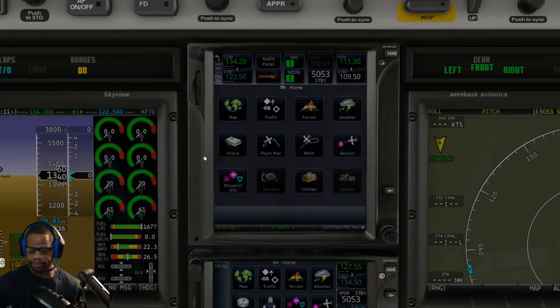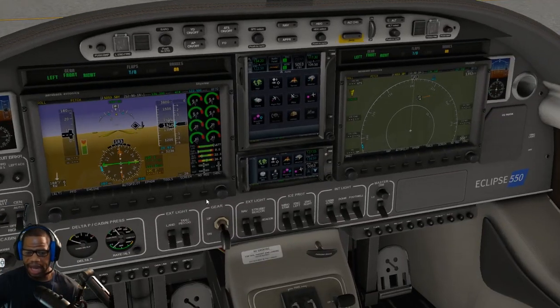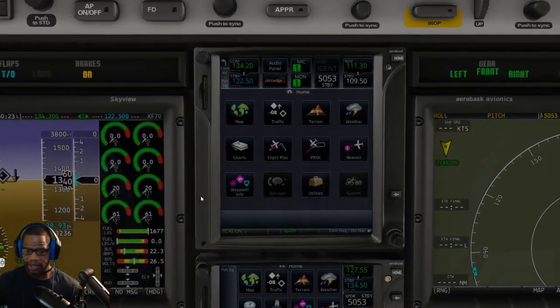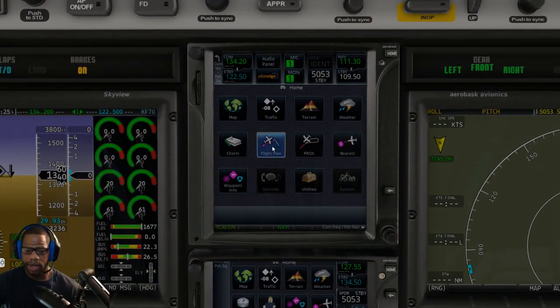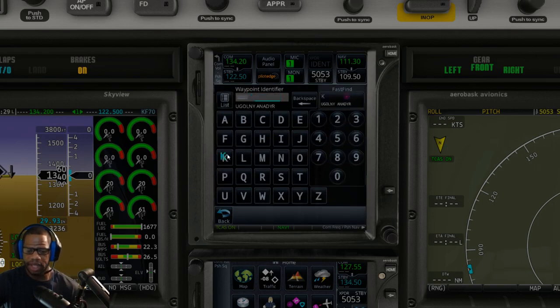If not, I'll have to research that. Back to the checklist. We're done before engine start. Doesn't need to be now. What we're going to do is get our flight clearance. So actually, let me give you guys this better view here. I'm going to go ahead and put the initial waypoints of the